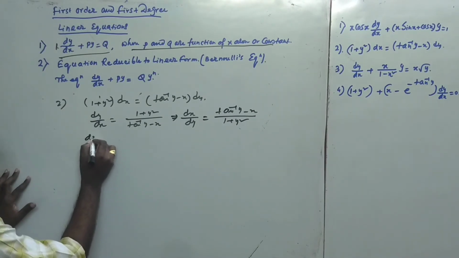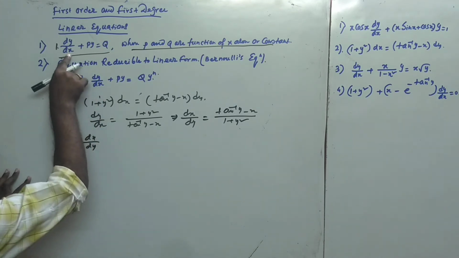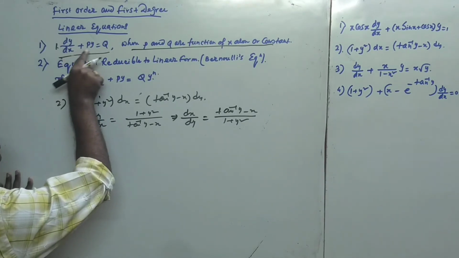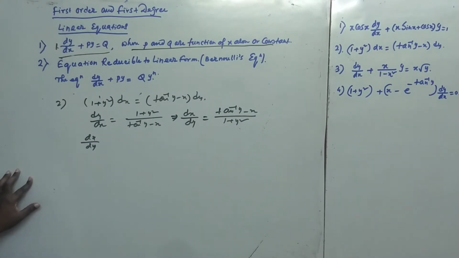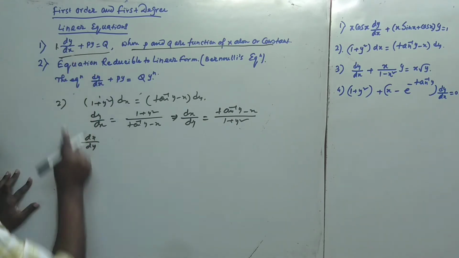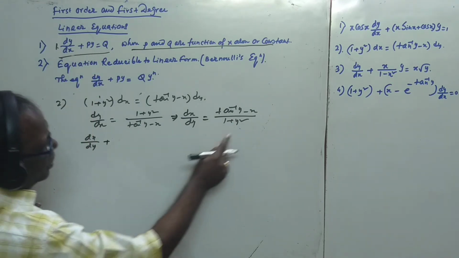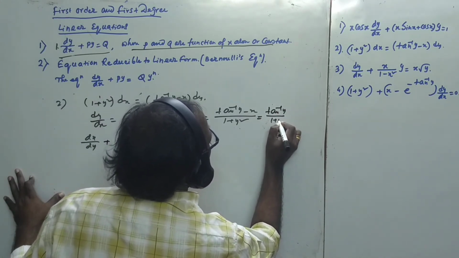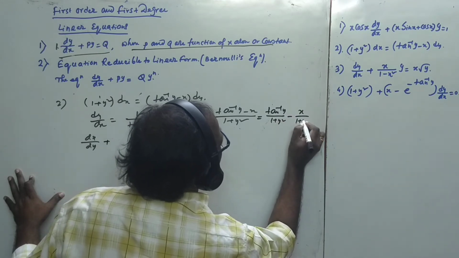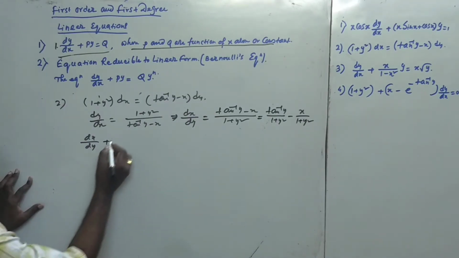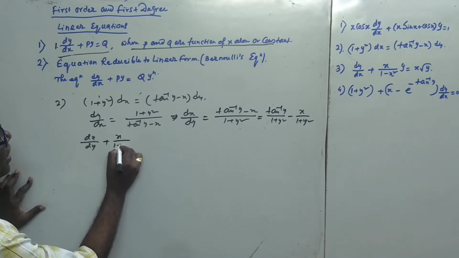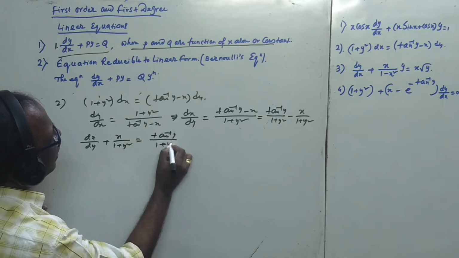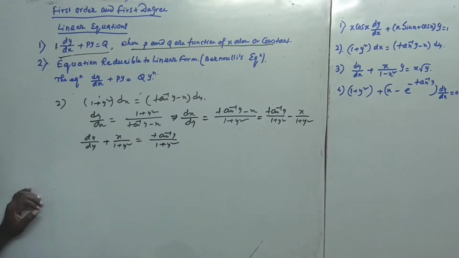Now this is with respect to y, follow that. Earlier it was with respect to x, where p and q are functions of x alone, but here it is with respect to y. That's why we have to transform this equation like tan inverse y by 1 plus y square minus x by 1 plus y square, shifting these parts from the right hand side to the left hand side. Then this is the standard formulation. Now find the integrating factor.